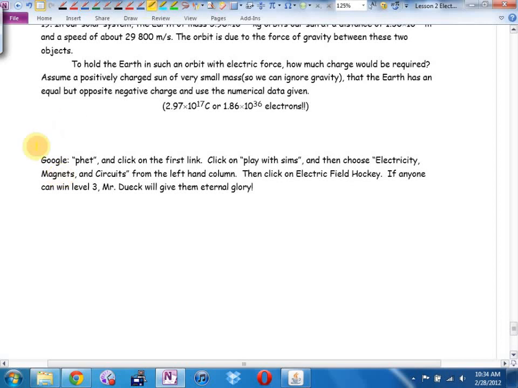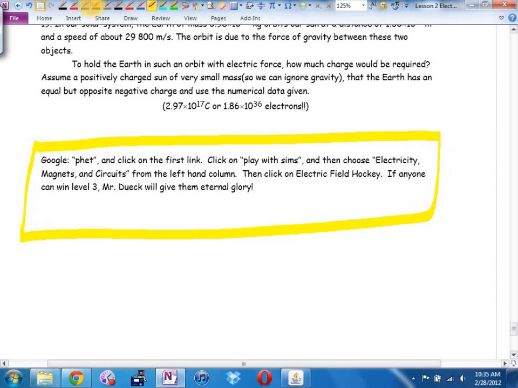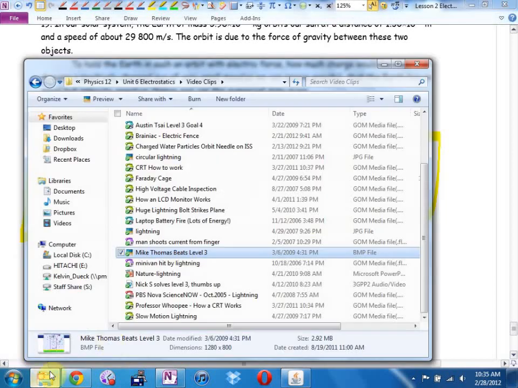Then, on the very, very final page, here's how you can find your way to the bonus video game. Google PhET, and that should click on the first link. Click on Play with Sims, choose Electricity, Magnets, and Circuits from the left-hand column. Then click on Electric Field Hockey. If anyone can win level 3, Mr. Dueck will give them eternal glory. I'm going to go right-click,